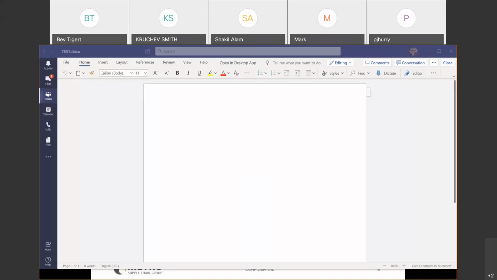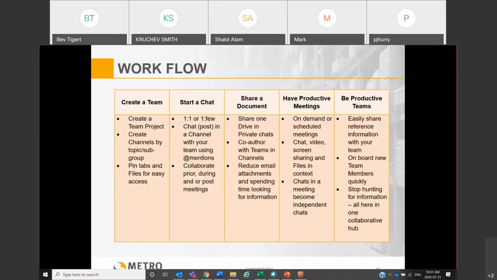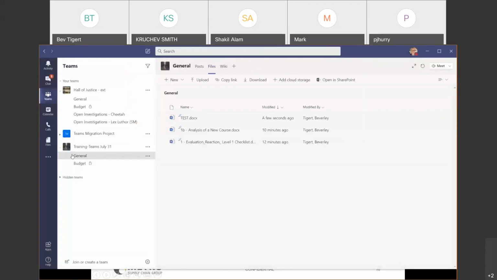If I go back into my teams, even these hidden teams, I will still get notifications. If my notifications are set up that I receive them, even though they're hidden, I will still see everything I need to see. So even though they're hidden, you'll still get all that information.